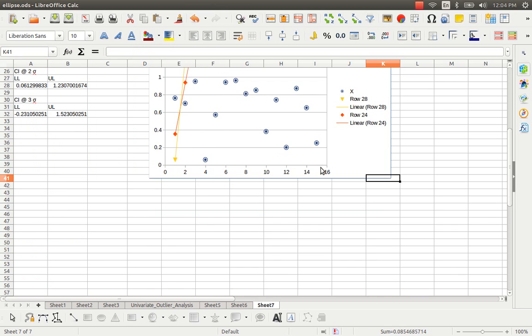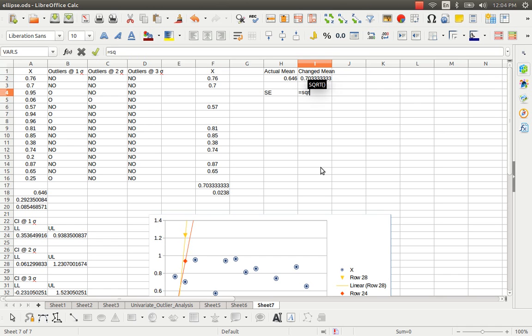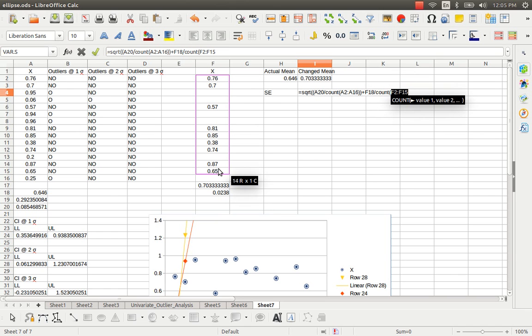So now we have the square root of the variance for sample 1 divided by the count, the sample size for the first sample, plus the second variance divided by the count, the sample size for the second sample. So this is the way of finding